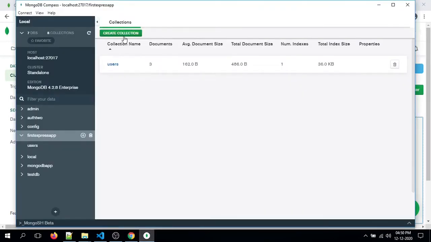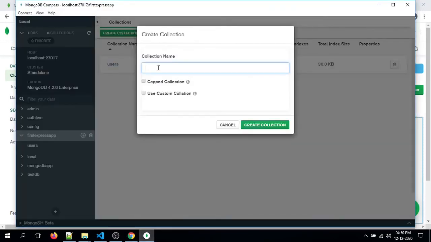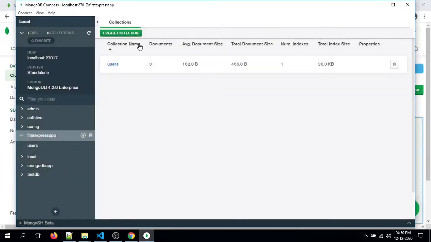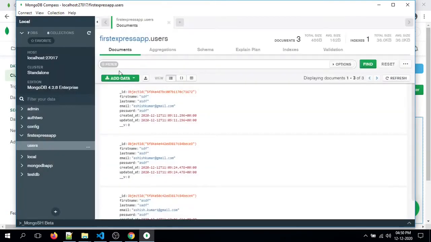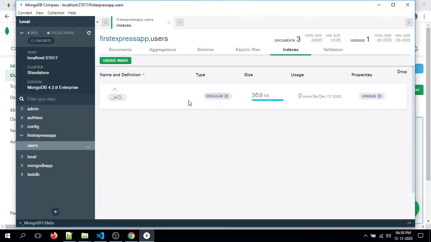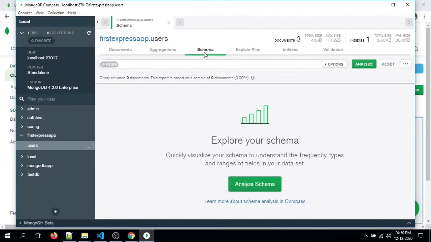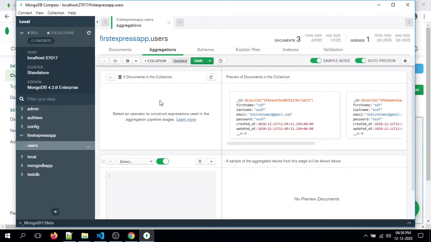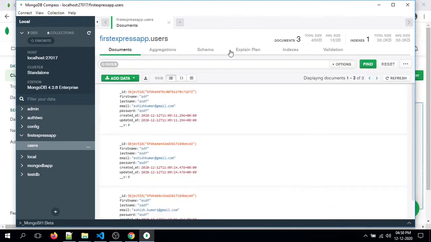Here we can create another collection using a collection name. You can see that I have clicked on an existing collection. Now I can add an index on this collection. I can define some type of schema. I can execute aggregation queries as well.